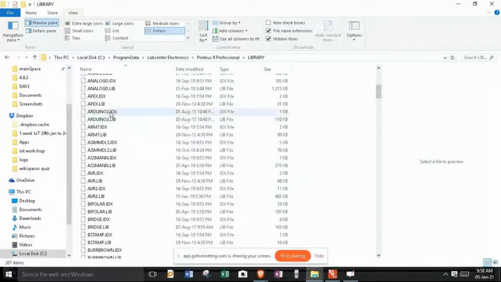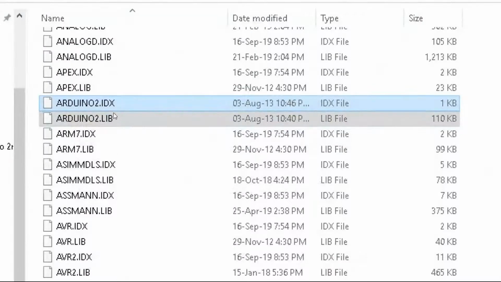So you can see that here is where I have pasted the Arduino related library files. Just by pasting them, I can call the Arduino component or Arduino schematic capture under Proteus.